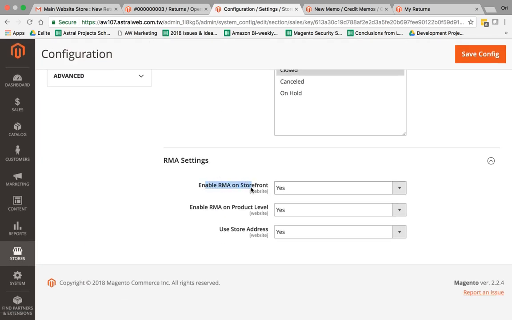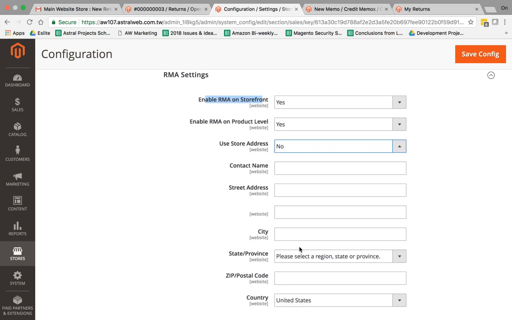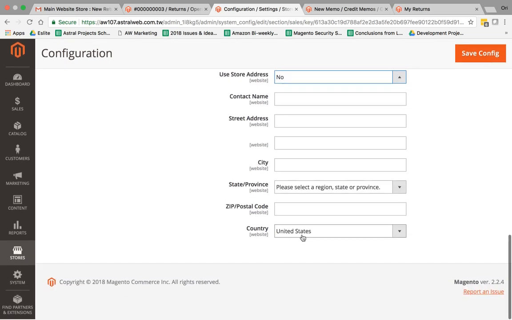If Enable RMA on Storefront is set to yes, customers will be able to open RMAs. If it's no, only the business can open RMAs from the Magento backend. There's also RMA at the product level: can you return everything or only specific products? And do I want the customer to return to the same address as the business address, or should returns be sent to a different business address?